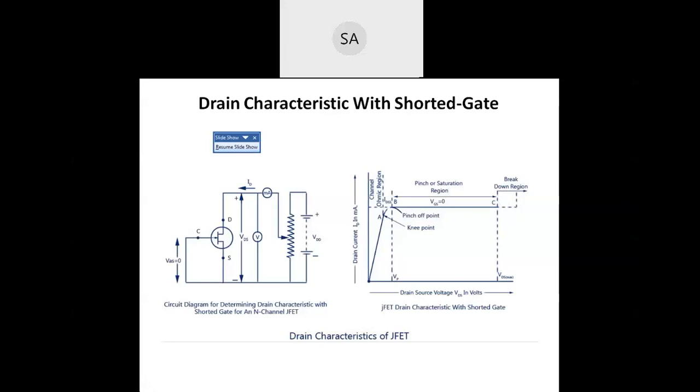Again, if you are increasing the potential, then what will happen? The diffusions will break up. At the same point, the depletion region entirely breaks up. Then a large amount of charge carriers will be exposed and the movement of charge carriers will happen. So the point after the point C, we will call the breakdown region. At that point of voltage, even by increasing VDS, the current will rapidly increase. That point we call the breakdown region.